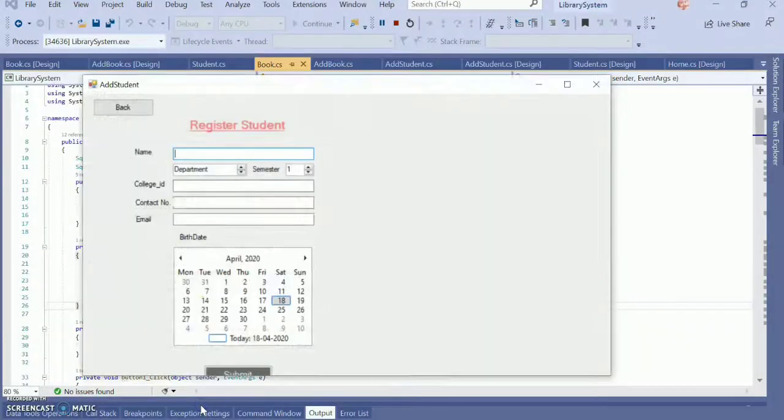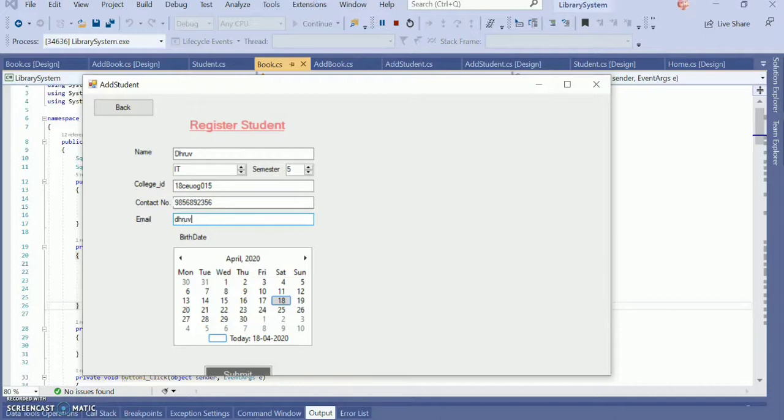Let's do the insert operation. Suppose a student with a name, Tirth, department is IT, semester is 5, college ID 18 CEUOG 015, and contact number 9856892356.